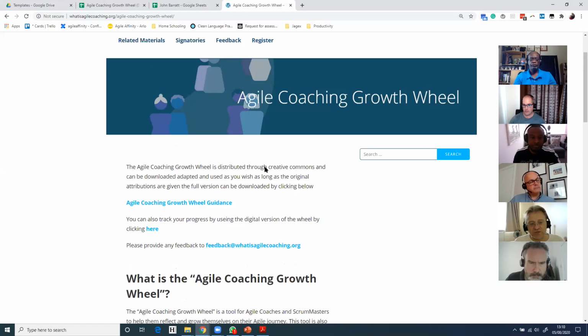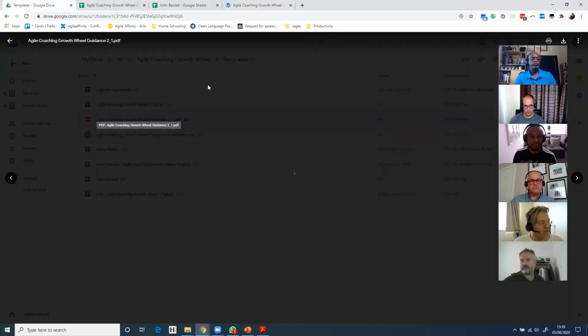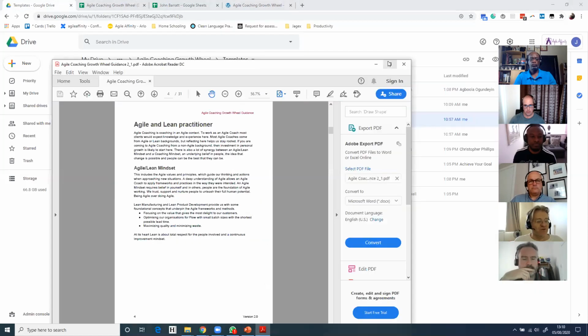There was a tool already out there from Lisa Adkins, but time had gone on, and through our learnings and engagements and coaching in the field, many coaching practitioners at this retreat felt that that tool, called the TIE Fighter model, no longer covered the needs of an agile coach, which had expanded beyond that somewhat. So the Agile Coaching Growth Wheel came about to help improve and support coaches on their journey.